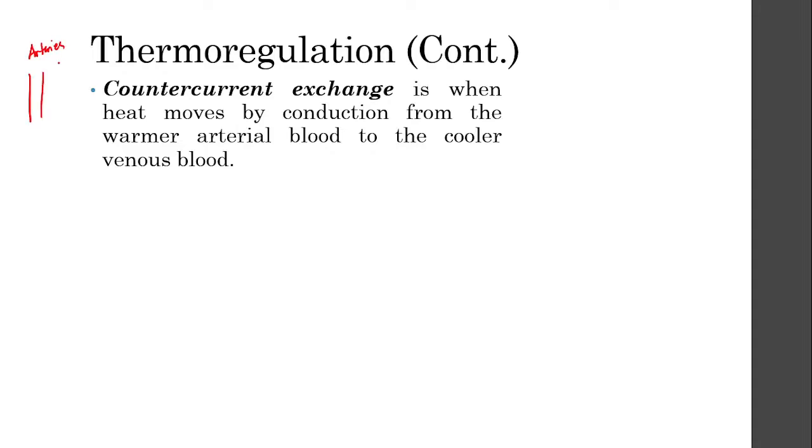carry blood from the heart. So they basically carry blood from the core into your extremities. And they are much warmer. The reason for that is because of a misnomer that I will explain later on. But think of it, arteries are basically oxygenated. They carry the oxygenated blood. Although this is not fully true, for now we're gonna keep it this way.